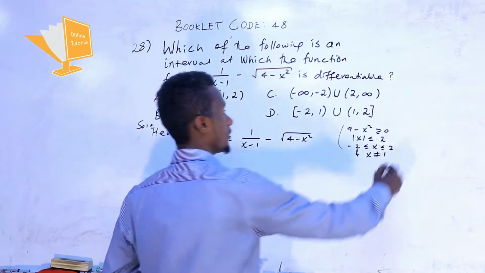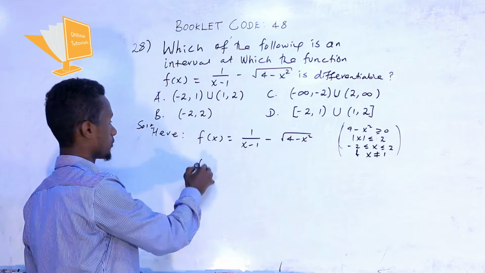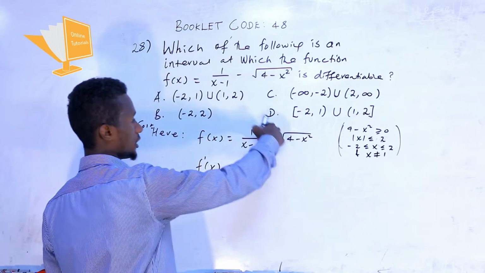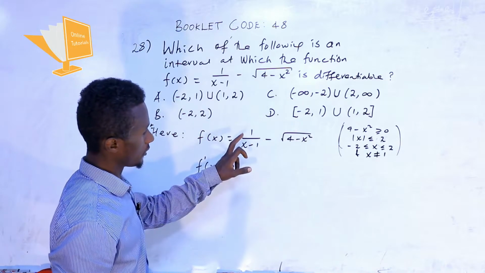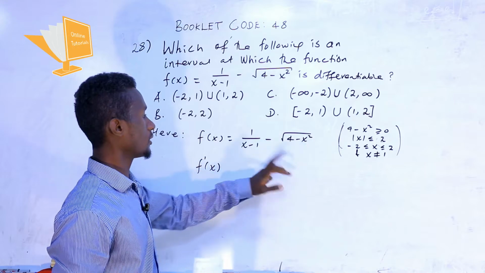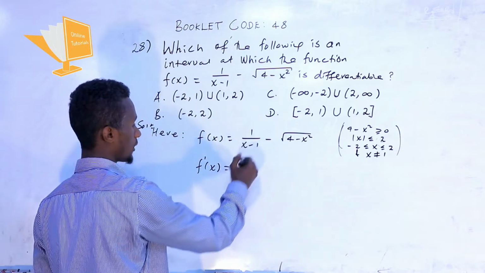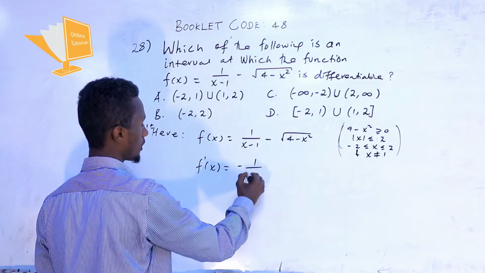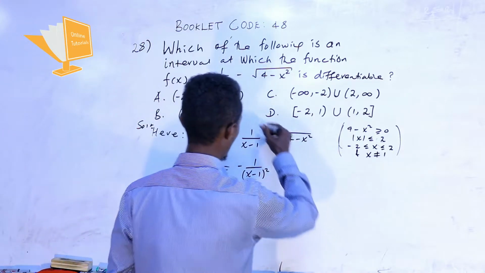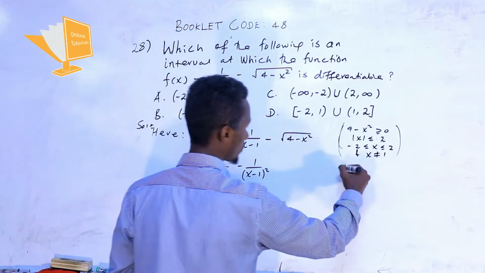ነገር ግን first derivative መፈለግ ይኖርብናል ማለት ነው. What is the first derivative of this function? ይሄን first derivative ለመፈለግ differentiate separately 1 over x minus 1 እና square root of 4 minus x squared separately differentiate እናደርጋለን. To differentiate this we have minus of 1 over x minus 1 the whole square ይሆናል. እንዴት እዚህ ጋር ልክ እንደ quotient function ነው የምንጠቀመው. The derivative of 1 becomes 0